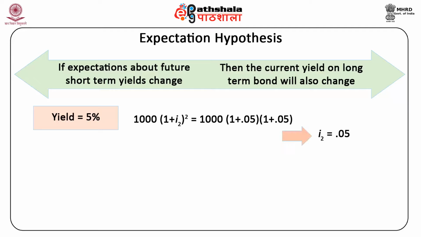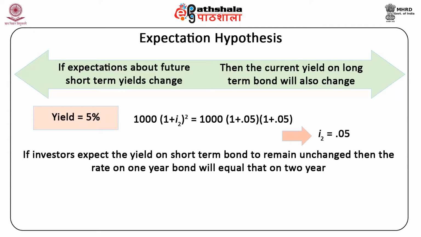That is, i2 is equal to 0.05. Thus, if investors expect that yield on short-term bond will remain unchanged, then the rate on 1-year bond will equal